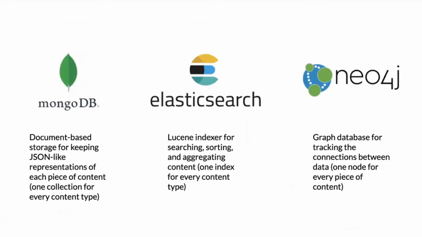Ultimately, what makes Corpora's API so flexible in terms of how you can query your data is that every piece of content in Corpora lives in 3 types of databases at once. While technically any one of these databases, or even a relational database like MySQL, could provide much of this functionality on its own, by leaning on MongoDB for quick document retrieval, Elasticsearch for searching, sorting, and aggregating, and Neo4j for